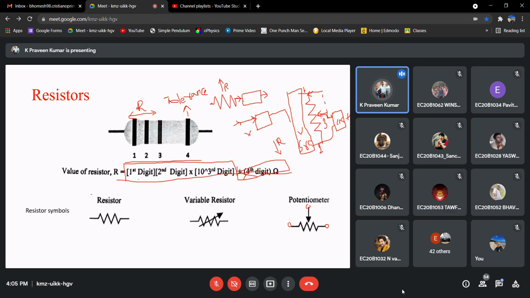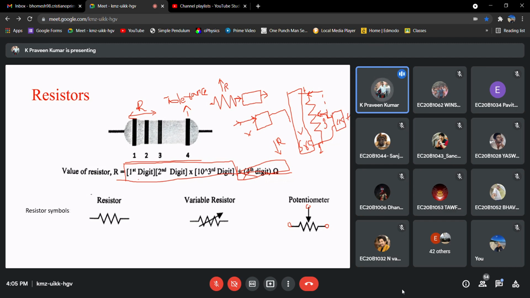I don't want the entire thing to be coming here. So then I can adjust this value so that I can allow the specific amount of current, or maybe the specific potential, to be applied to the circuit. Just by varying this one, we can vary the voltage or maybe the current. So based on our connection, what I'm speaking about, right? Based on how we are connecting, we'll get that kind of effect.